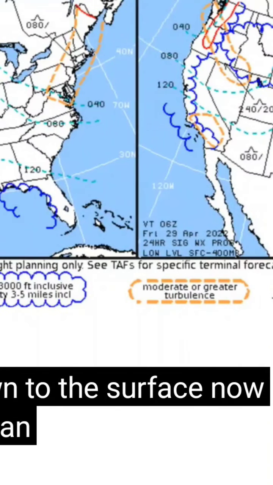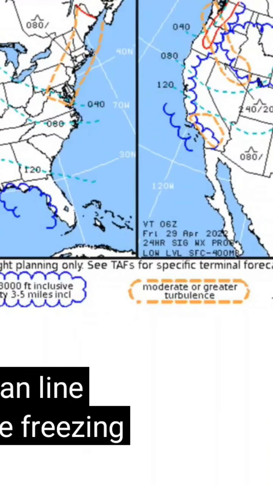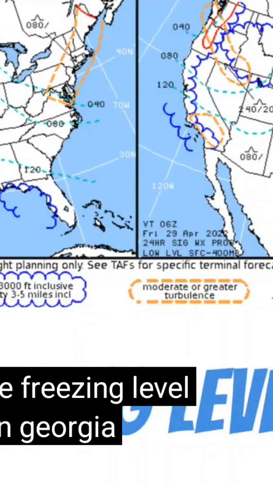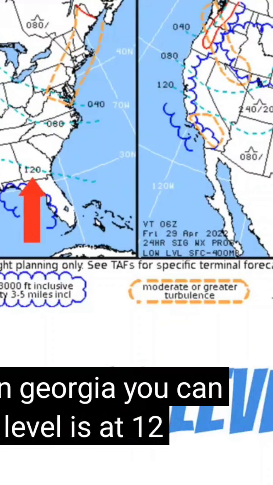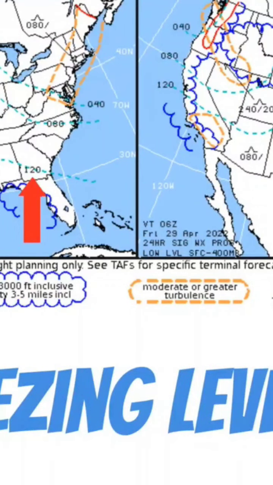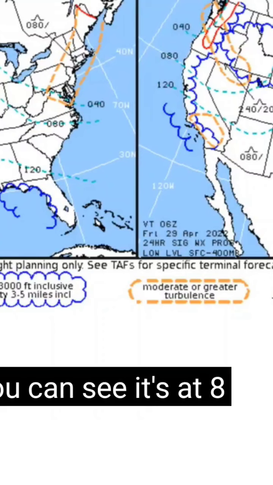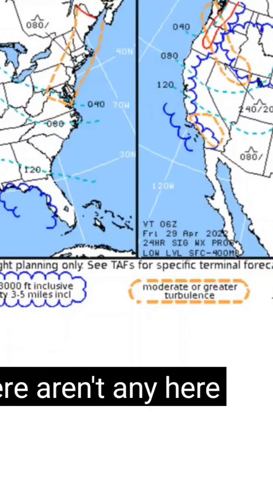Now we have this dashed cyan line. This tells us where the freezing level is in MSL. Down here in Georgia, you can see that the freezing level is at 12,000 feet MSL. Up in North Dakota, you can see it's at 8,000 feet MSL. Now, there aren't any here on this chart, but